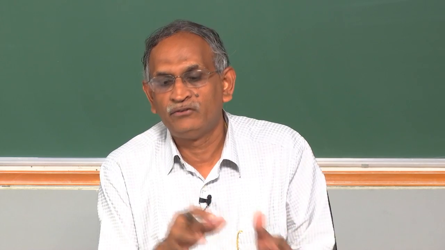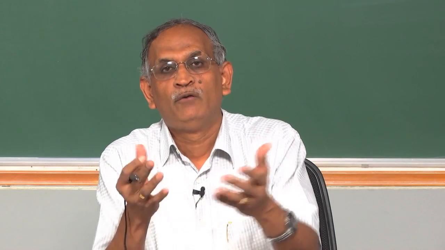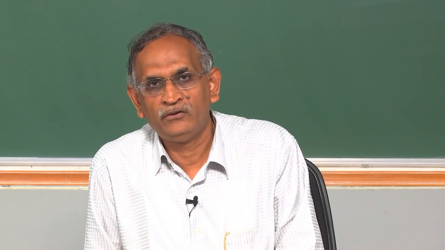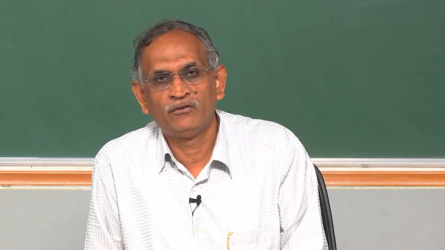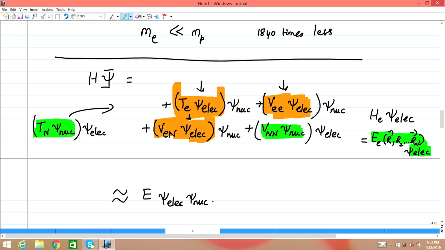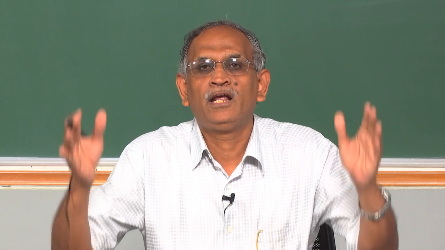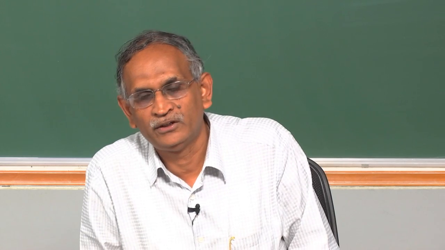Not just the nuclear kinetic energy, not just the nuclear repulsion energy, but an energy term which comes from the electronic Schrodinger equation, which is a function of the nuclear positions, and therefore that is called the electronic potential energy surface, this term. Potential energy surface. Electronic potential energy surface. Therefore, the nuclear motion is studied in a surface provided by the electronic Schrodinger equation, and